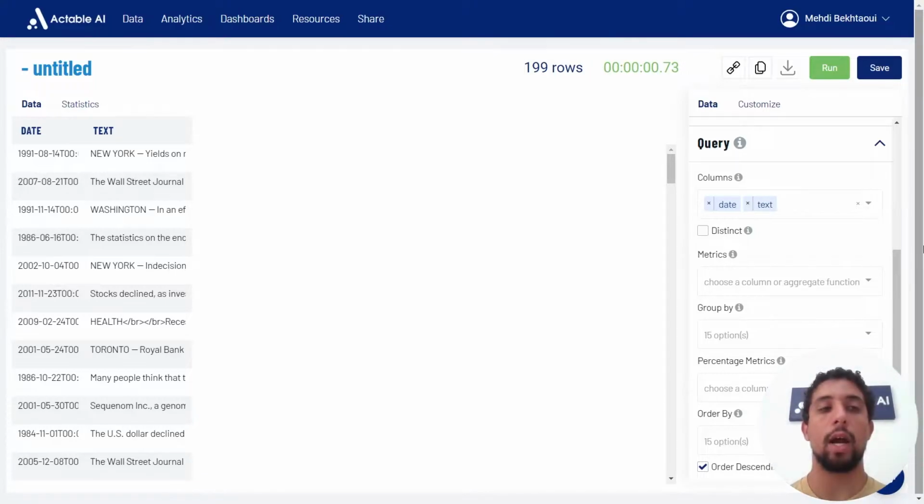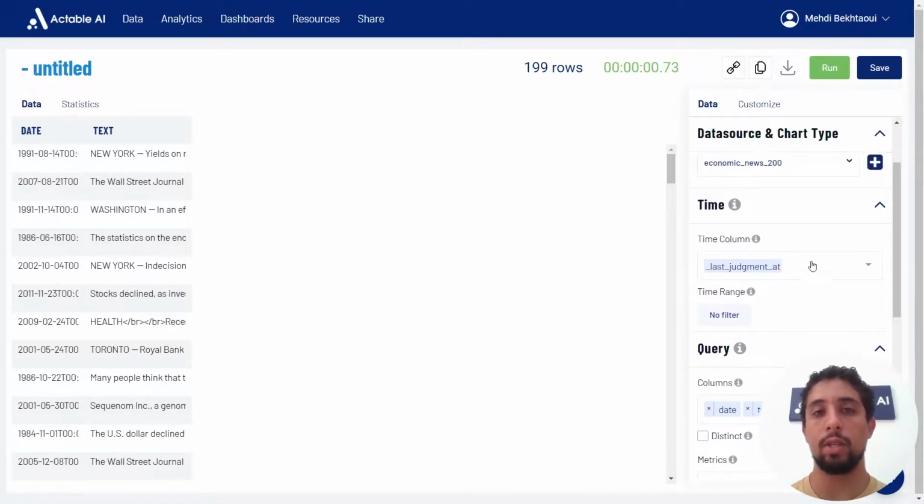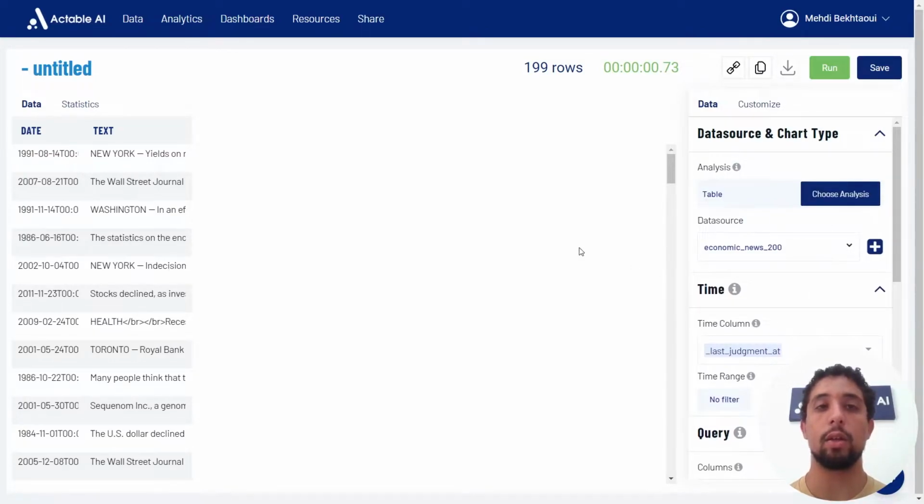Together we will see how with Actable AI we can run a sentiment analysis on text data, and how this sentiment analysis extracts the most important keywords from your text data and then automatically associates a sentiment to it to analyze your text data. So for this example, we will consider this dataset, which is Economic News 200, and that